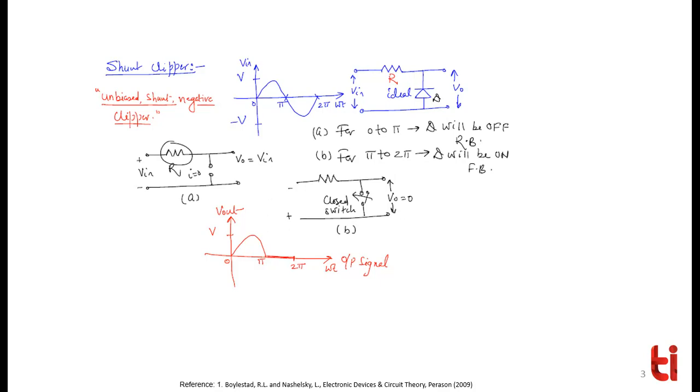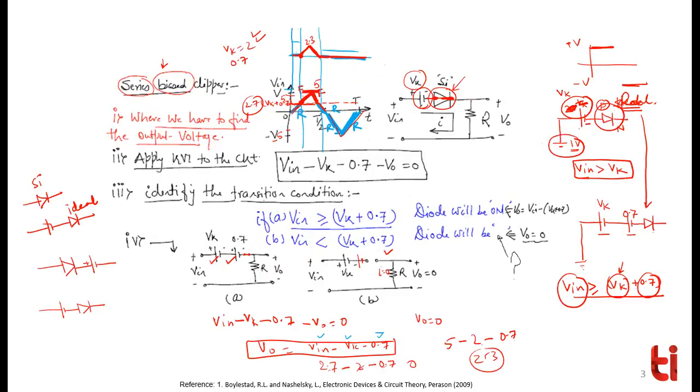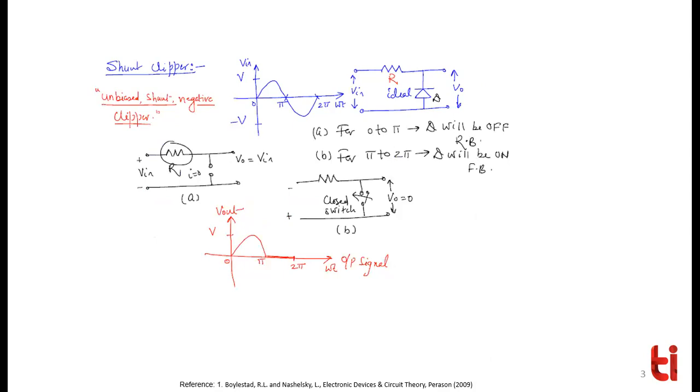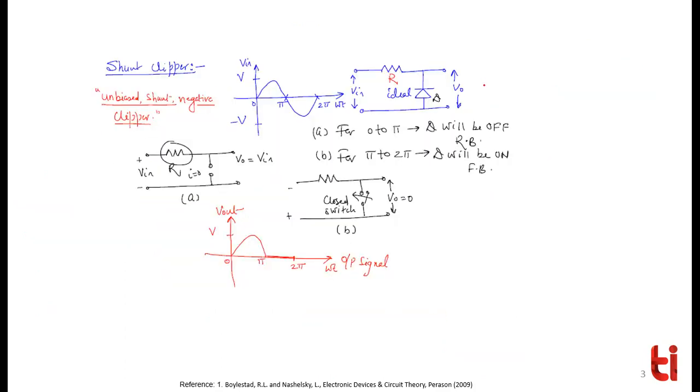Shunt clipper. Okay. So in the shunt clipper, I already told you, sorry, I made a little bit of a mistake here. Why do we call it a series clipper? Because the diode is in series with the load. And why do we call it a parallel clipper? Because the diode is in parallel to the load. You can put an RL resistor here if you want. So don't get confused with this R. This is not a load resistor. This is just to limit the current.